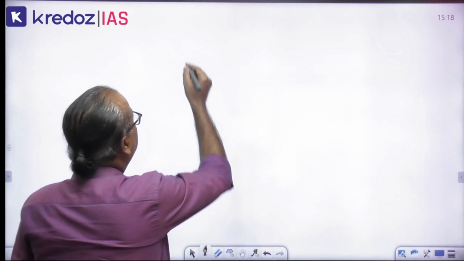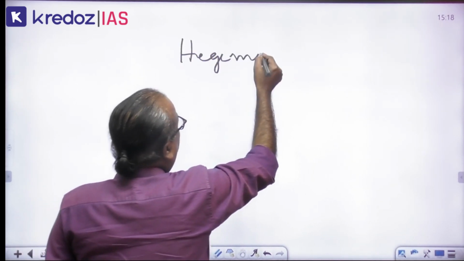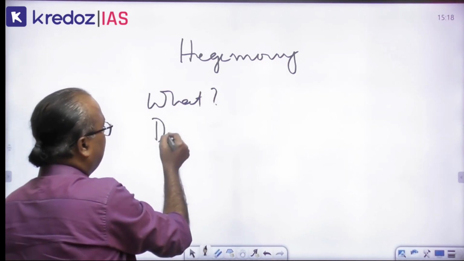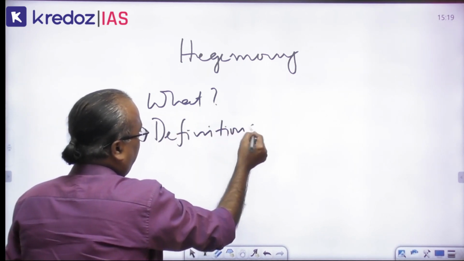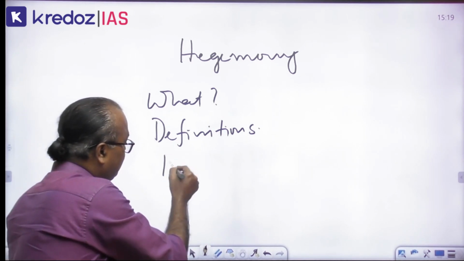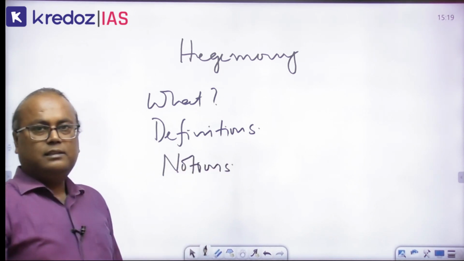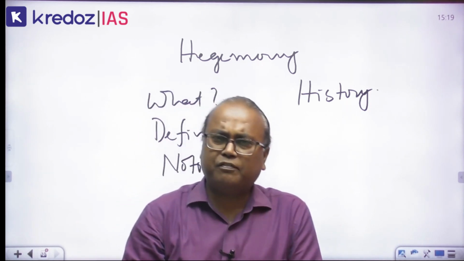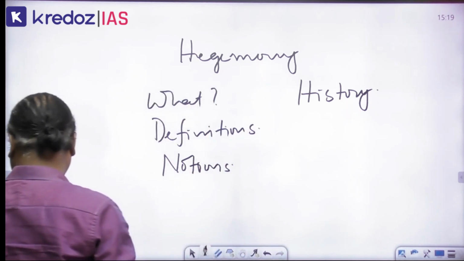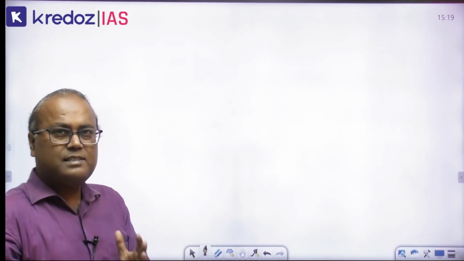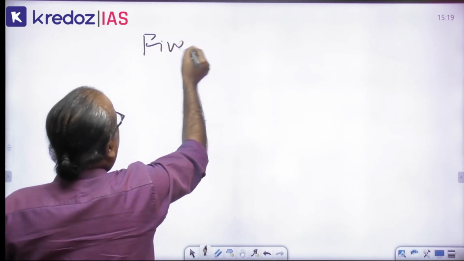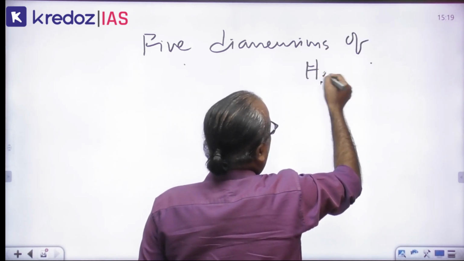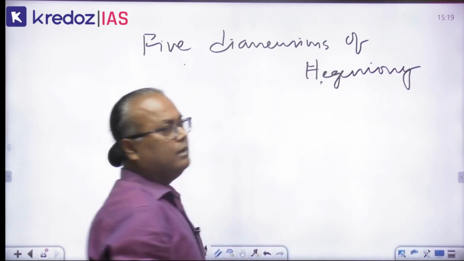So here we have hegemony. At first, what is hegemony, then the definitions, after this the different notions of hegemony, then the history of hegemony, and then there are 5 dimensions of hegemony. 5 dimensions of hegemony. Okay, so at first